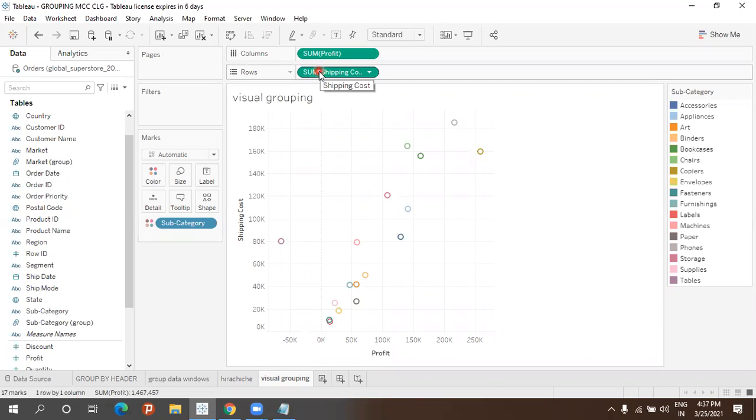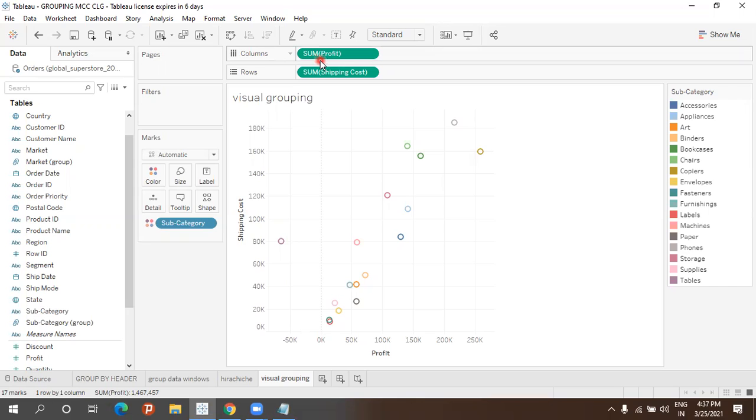Actually, I don't want sum of profit or sum of shipping cost. I want the average of that, the minimum of that, the maximum of that. Why? Because these are aggregated, and I'll tell you later how it is aggregated. When I drag and drop a measure, the name will automatically be different. It will be changed, the same name will not be there.